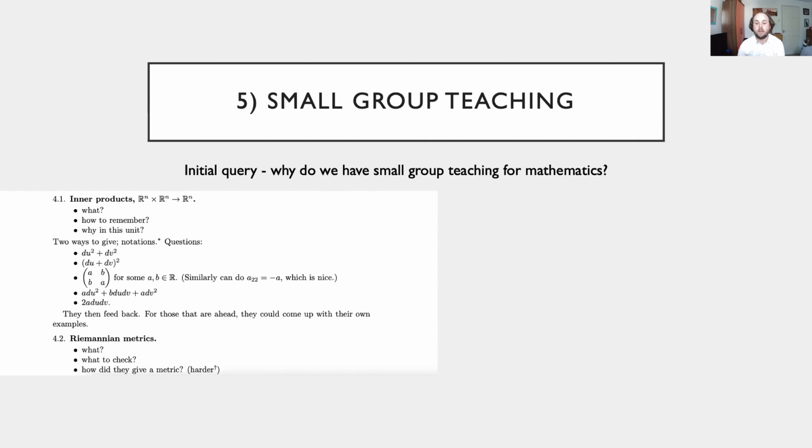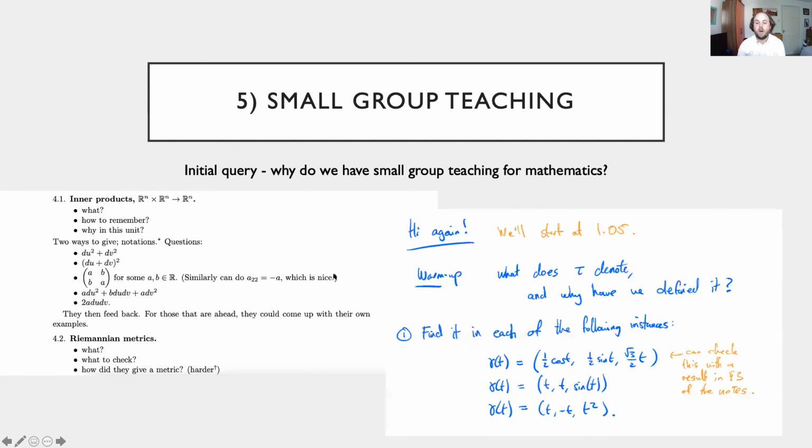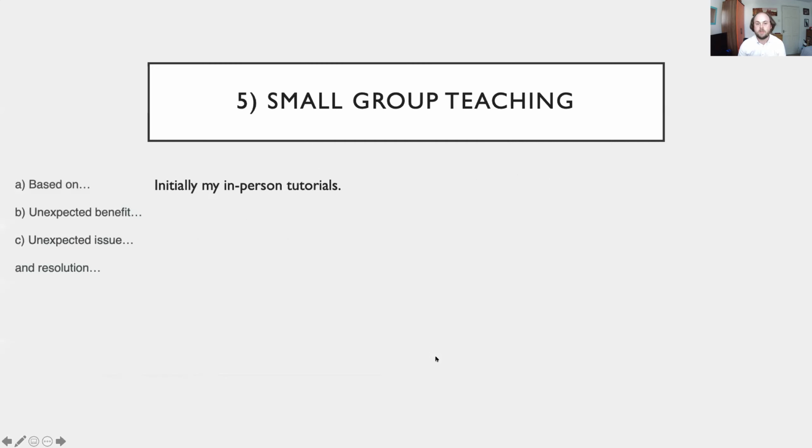So when I moved to online, I did something very similar. I shared an iPad screen. I had a warm-up, just as I'd have a warm-up over here. I've just cut it off the plan. And I'd give them some questions and talk them through what I'd want them to do. And then they'd work individually or maybe in groups if they live together, but they'd work on them. And so one thing I changed with this is basically I changed from this plan